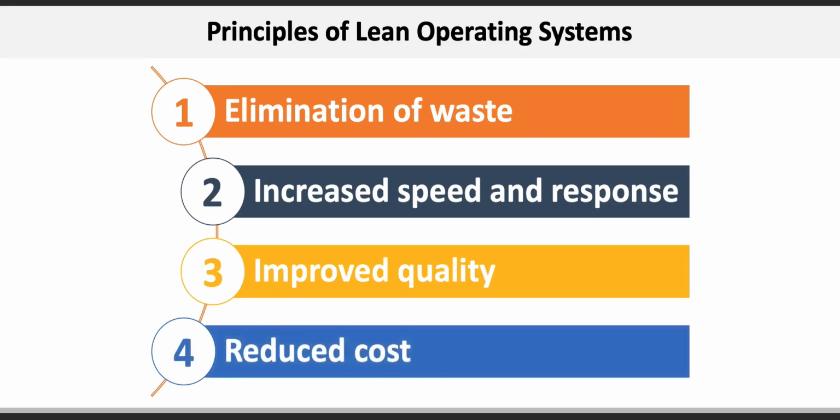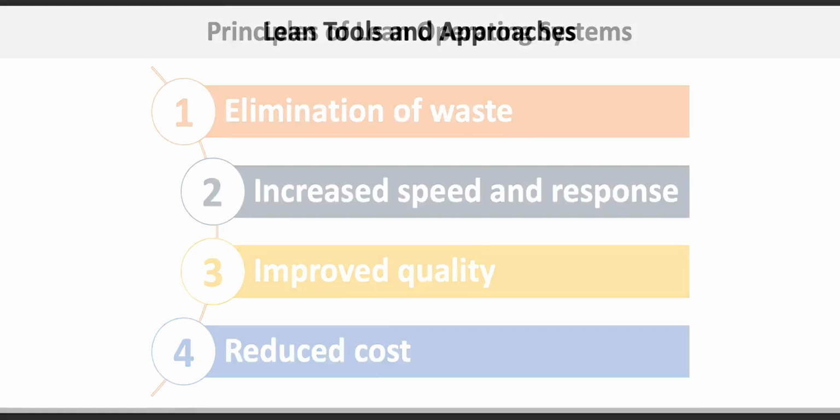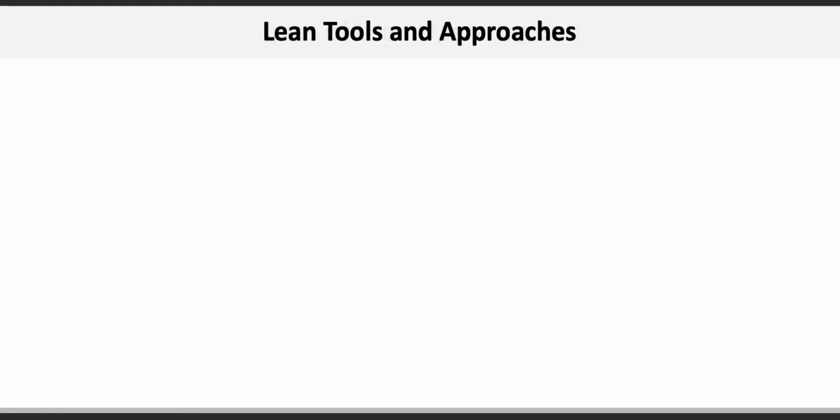The fourth lean operating system principle is reduce cost. Anything that's done to reduce waste and improve quality often reduces costs at the same time. More efficient equipment, better preventative maintenance, and smaller inventories reduce costs in manufacturing firms. Meeting the objectives of lean enterprise requires disciplined approaches for designing and improving processes. Organizations use several tools and approaches to create a lean organization.